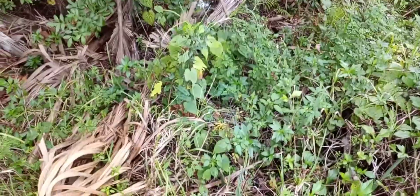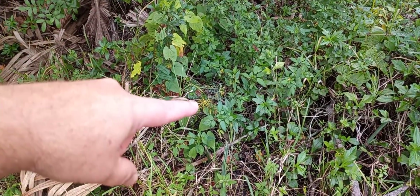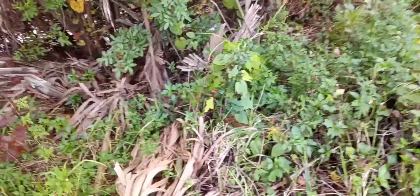It's probably really hard to see. It's got a couple of yellow leaves. You see the yellow leaf I'm pointing right at. That plant right there, I've got one of those growing out in the front of the house. It's like 10 feet tall. Anyway,